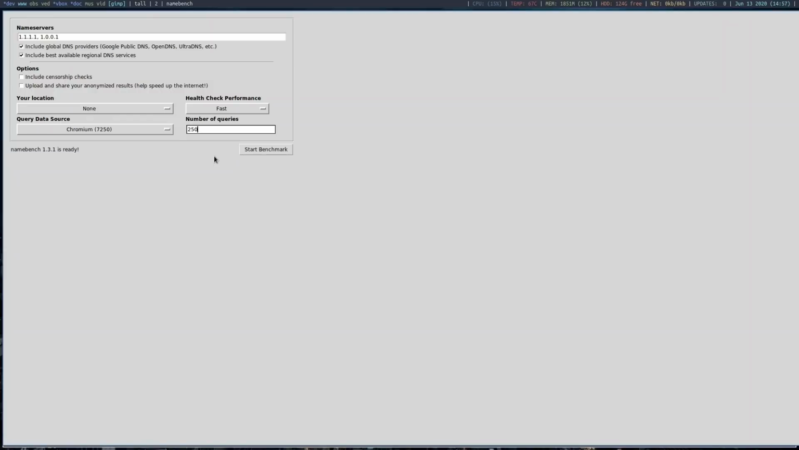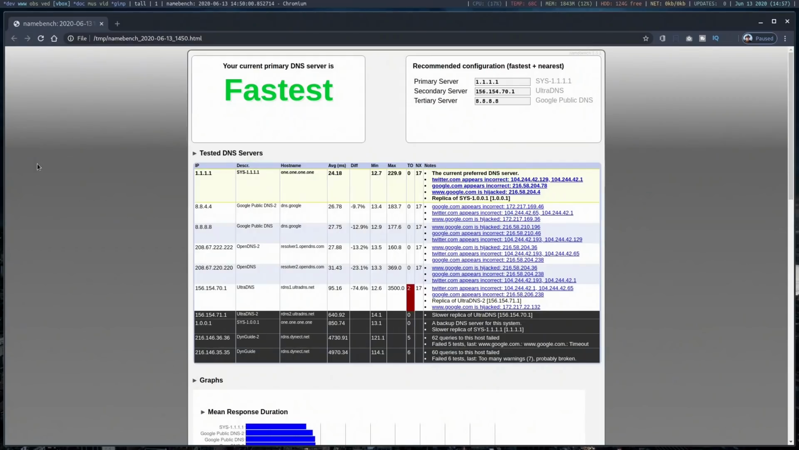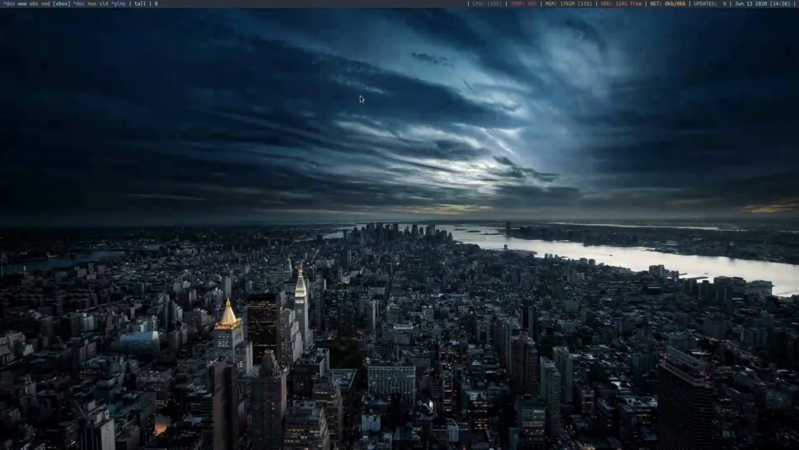And it takes quite a while to go through. Once it's gone through, though, it outputs the results to a web page. And this is just a web page opening up automatically in my browser that you can see now. And after running the test, it's come up that my DNS server is actually the fastest, which is great to know. Right, another tool that you can use to help you, and if I just shut this down now,